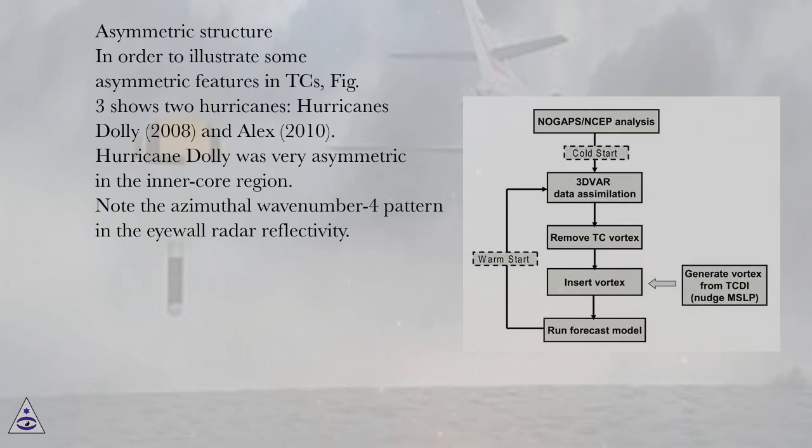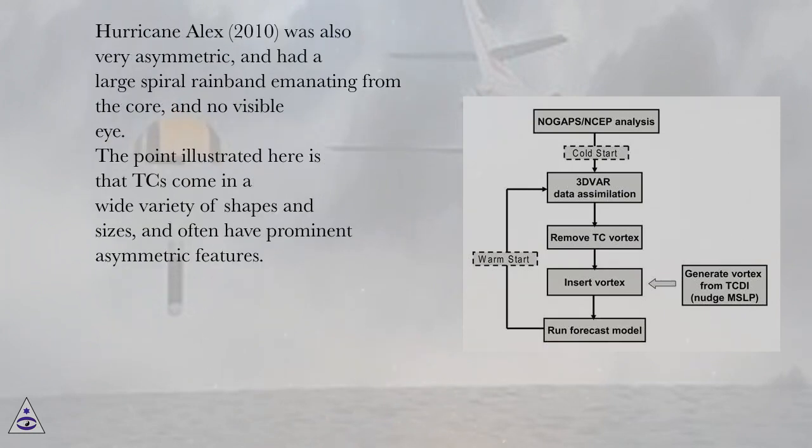Asymmetric structure. In order to illustrate some asymmetric features in TCs, Figure 3 shows two hurricanes, Hurricanes Dolly, 2008, and Alex, 2010. Hurricane Dolly was very asymmetric in the inner core region. Note the azimuthal wave number 4 pattern in the eyewall radar reflectivity. Hurricane Alex, 2010, was also very asymmetric, and had a large spiral rainband emanating from the core, and no visible